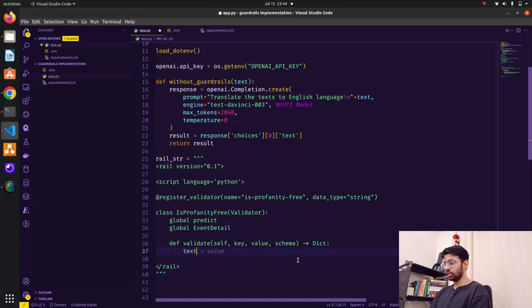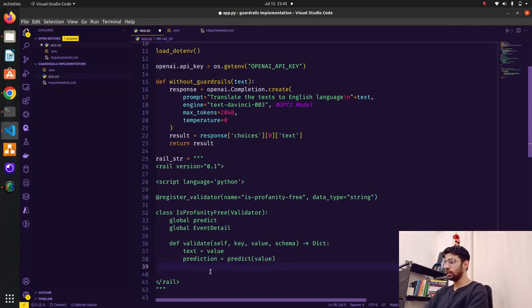So my text is nothing but the value. Then we're going to have a prediction, and this prediction is nothing but the predict value. The predict that we are using as a global variable, I'm going to pass my value inside it, and the prediction will hold that result.